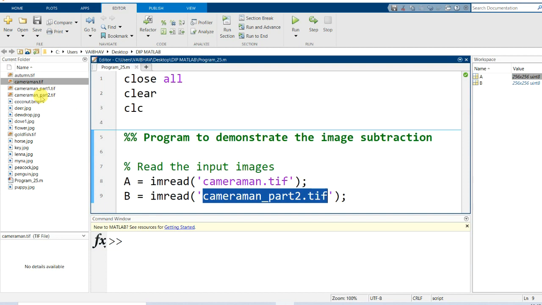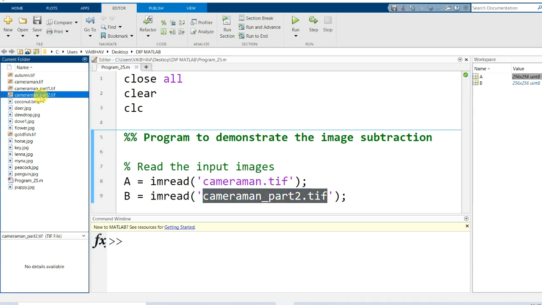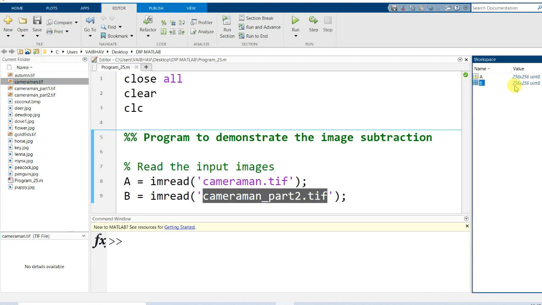This is the data set that I have extracted from the original cameraman.tif. This image we are going to subtract from the cameraman.tif. This is the corresponding variable capital B, again with dimensions 256 by 256 of the same data type, uint8.